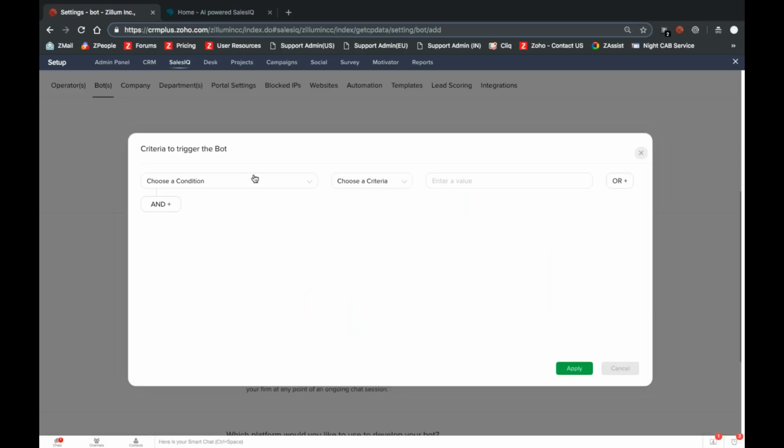I'll show you that. So, you can see the title says criteria to trigger the bot. So we were talking about returning visitors. They're usually good choices because nobody keeps coming back to your website unless they were looking to buy something there. So returning visitors, if you're going with that example, or